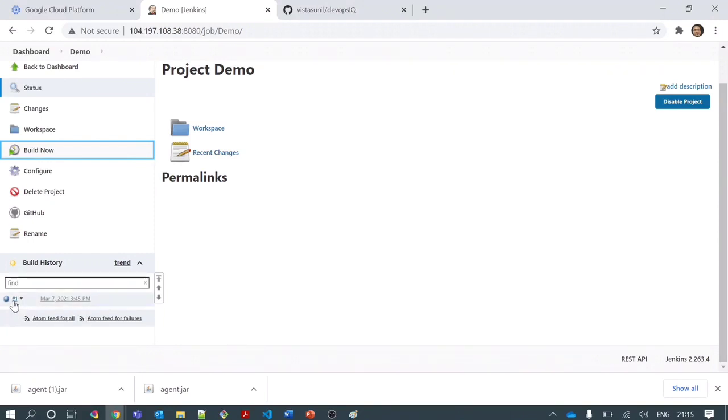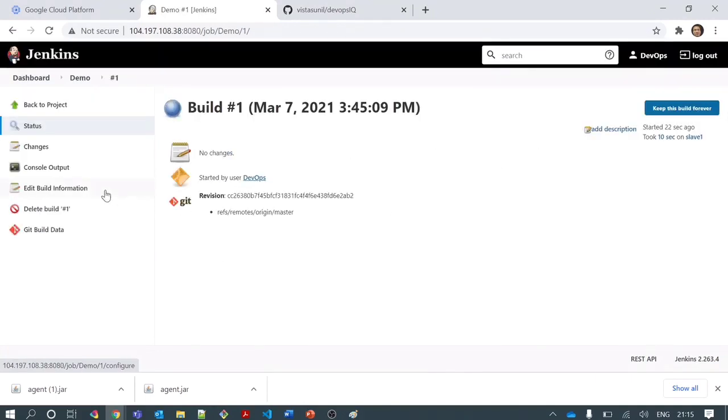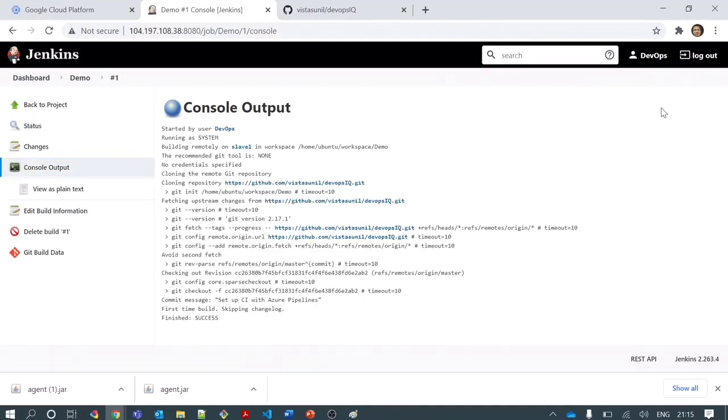You can see the job has been successful, and you can go inside this build ID and see a lot of options here, the status and the changes. The console output is very important. These are all the logs that your Jenkins job populated while it ran. So you can see all the steps that executed as part of the job. It cloned the repository on slave one. You can see which target machine or slave this job actually ran on.